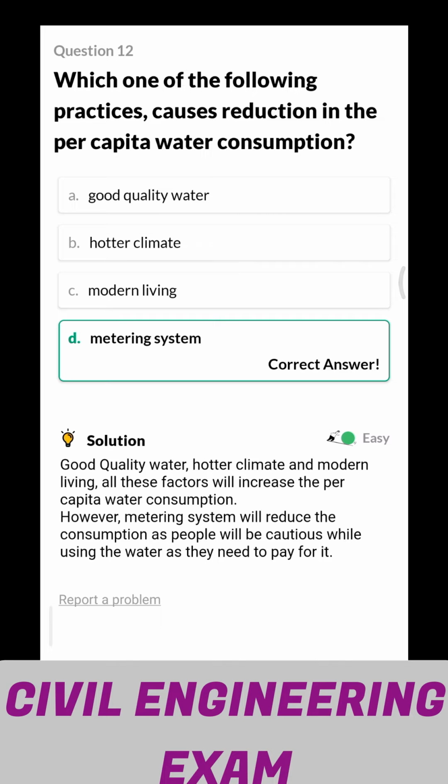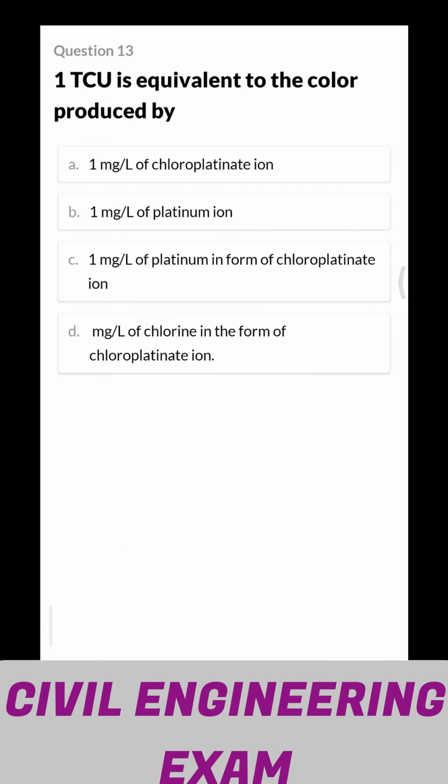So in modern living we have a very good life system, so we can follow the diet, so we can use a lot of water. So only the metering system controls the per capita demand. So next question, 1 TCU is equivalent to the color produced by